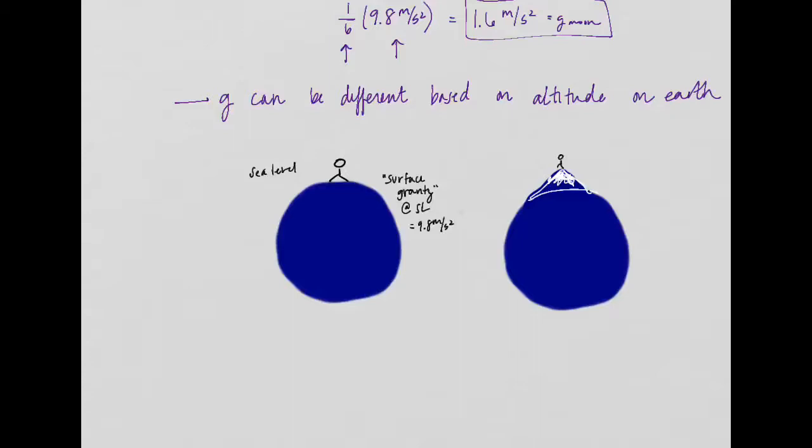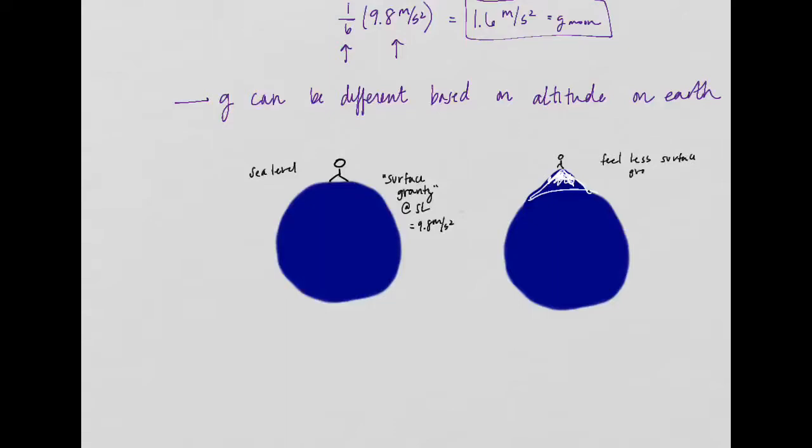But if we go super duper high, for example, the example I'm always going to use is Mount Everest or some really tall mountain. Or if I got into an air balloon and went super high, or got into an airplane or a helicopter and went super high. That's the kind of altitude I'm talking about, not just a really tall building. It has to be very, very high. If I go up to a very high altitude, I feel less surface gravity